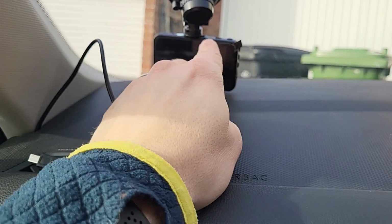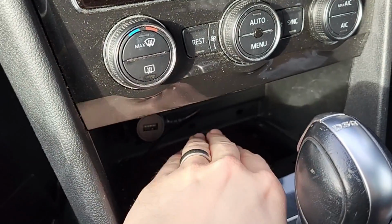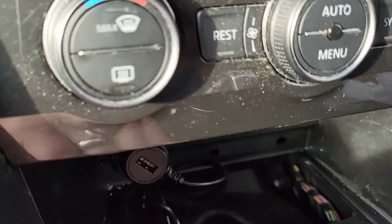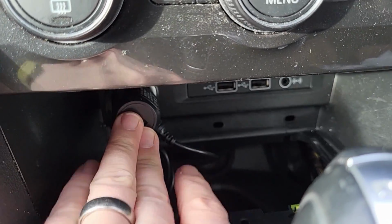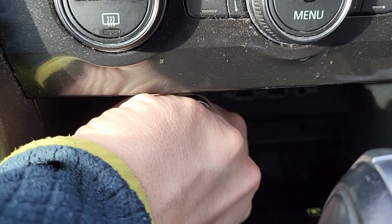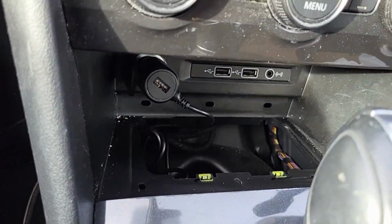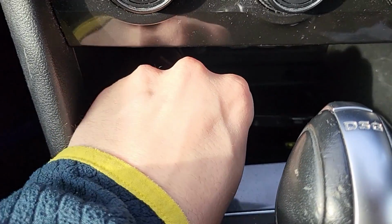Now the thing to do, once you've done this and plugged it in, is to go down here, make sure you've got the leads inside, make sure that the cigarette lighter lead as well isn't in the way of the other USB chargers, which it's not, which is nice. And then this lead, you've obviously got to put this back together. Now be careful, because what you don't want to do is pinch it. So put the wires in,